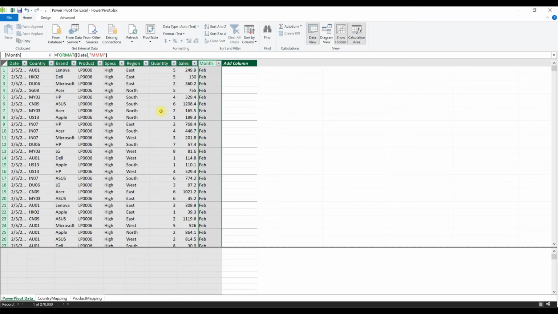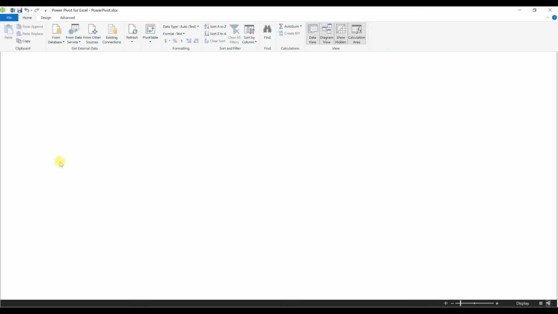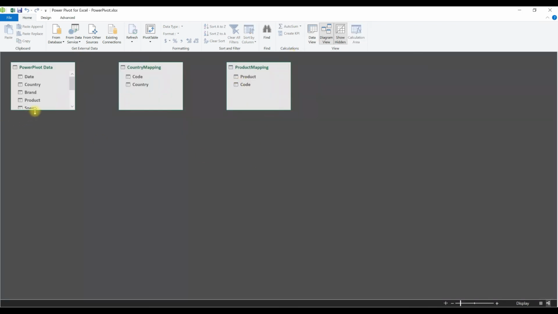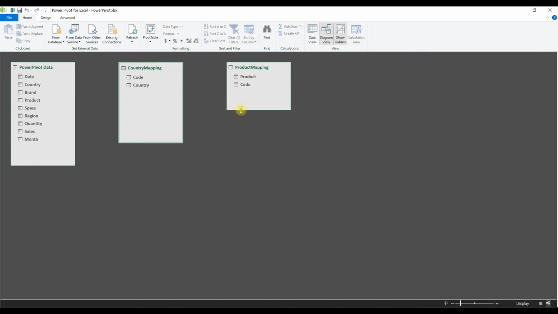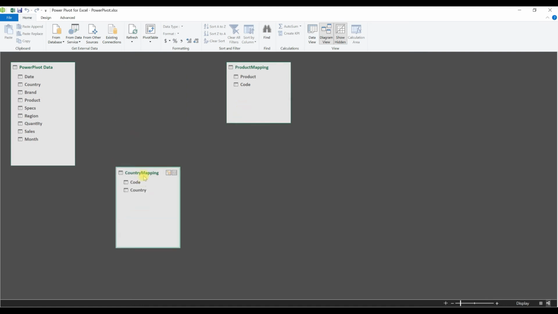I want to connect all the 3 tables because we have 3 tables. One is data, another one is product mapping, and the country mapping. Let's go to diagram view. So to connect that, because in data I have only country code, but I don't want country code. Wherever I have country code, I want country mapping.